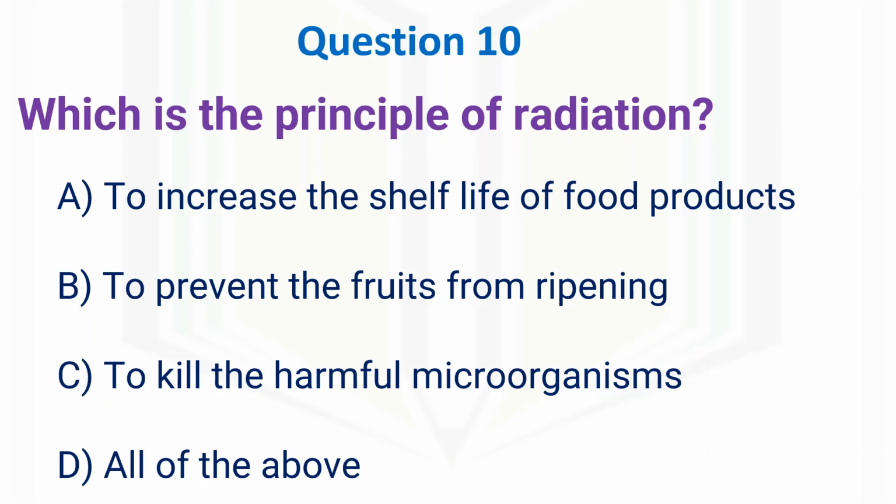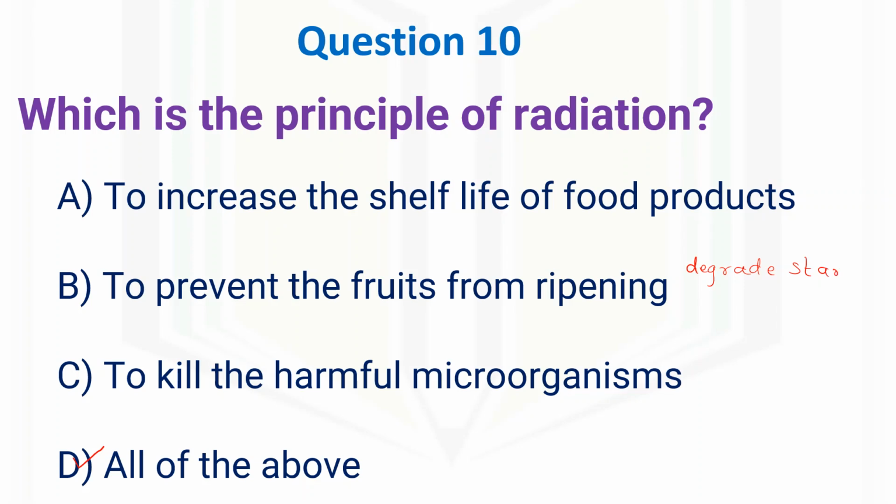Question number 10. Which is the principle of radiation? Options are to increase the shelf life of food, to prevent the fruits from ripening, to kill the harmful microbes, and option D is all of the above. And the correct option is option number D, all of the above. So how the radiation prevents the fruits from ripening is, it will degrade the starch,